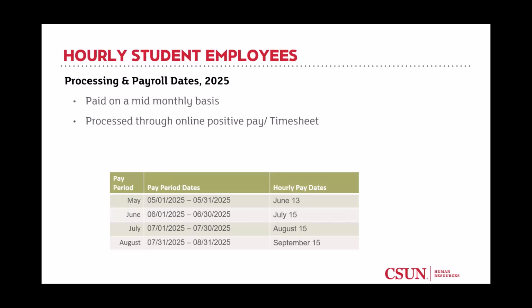And yes, this might be pretty cut and dry, but hourly student employees are paid on a mid-monthly basis. That hasn't changed for the summer. They will be paid through the timesheet: you enter their time, and then they get paid out. It's scheduled out, just to make sure that everyone's clear on that. Time worked in May is paid out in June, time worked in June is paid out in July, and so on and so forth. I just wanted to provide the dates there so everyone is aware of when the payments will be issued, on or around the date that I show there.